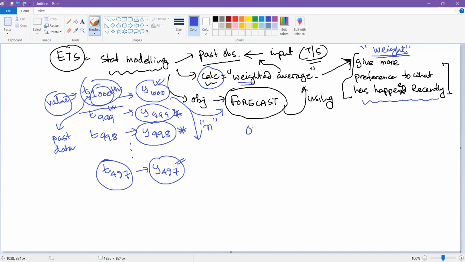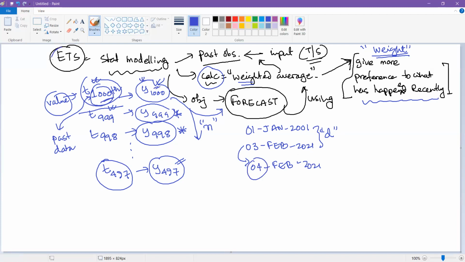For example, if I have data from 1st of January 2001 until 3rd of February 2021, then I know what is going to be my next value. My next value obviously is going to be 4th of February 2021, given this data set is at the granularity of a day, and I will also assume that I have no missing data. If that is the case, then I know what the t1000 time value is, which is not really what I'm looking for. What I'm looking for is, at t1000 or at 4th of February, what is going to be the value of y.